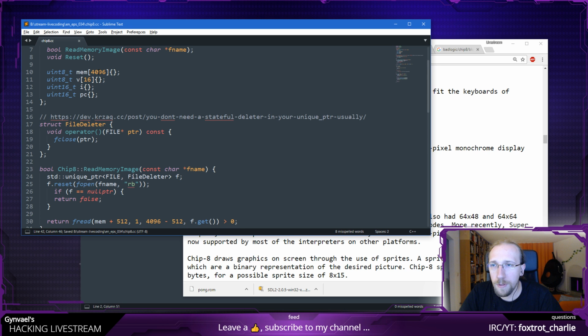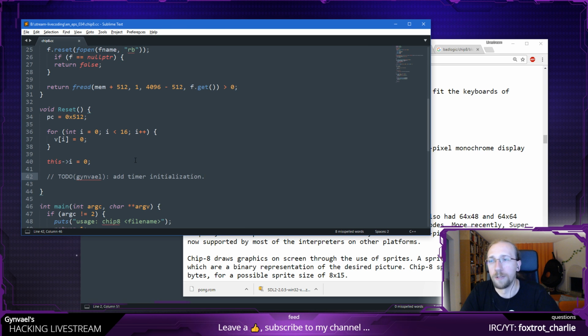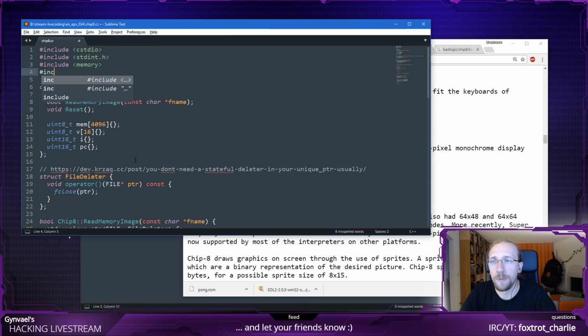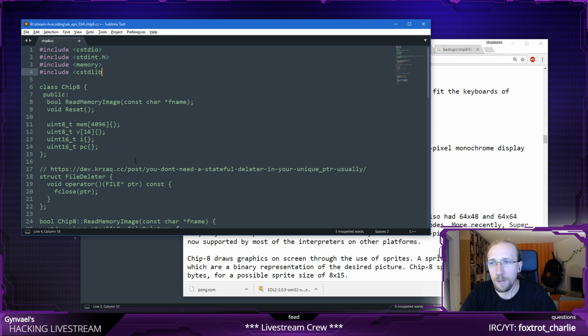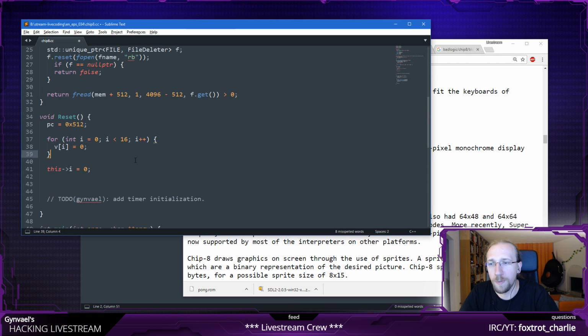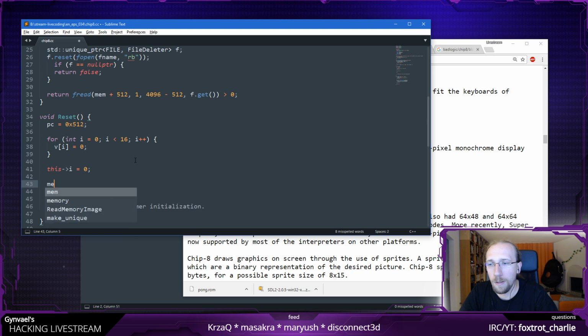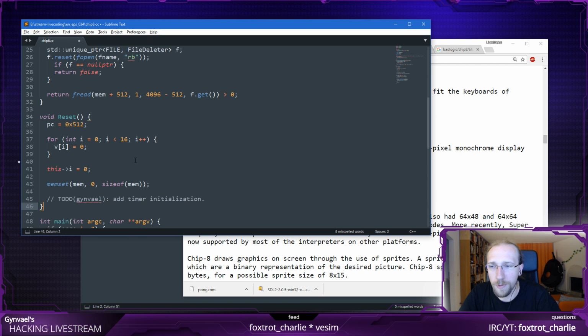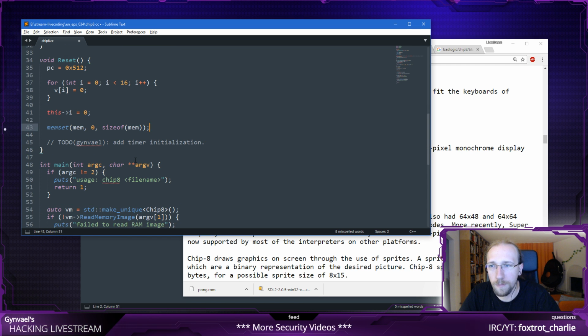Perfect. The memory probably should be cleared, so let's also clear memory. I'm not going to write a loop to clear the memory. I am going to add cstdlib though, which has memset, with 0 and sizeof the memory. So this is going to reset the memory and the registers.